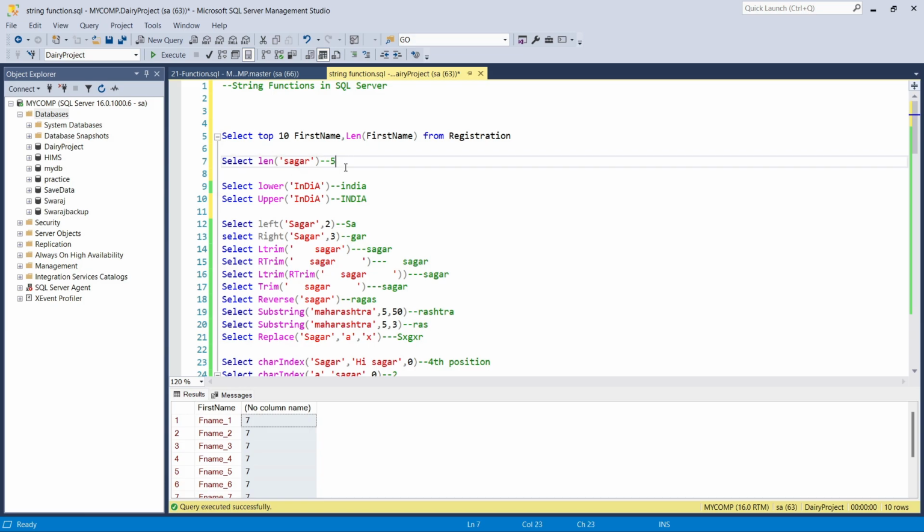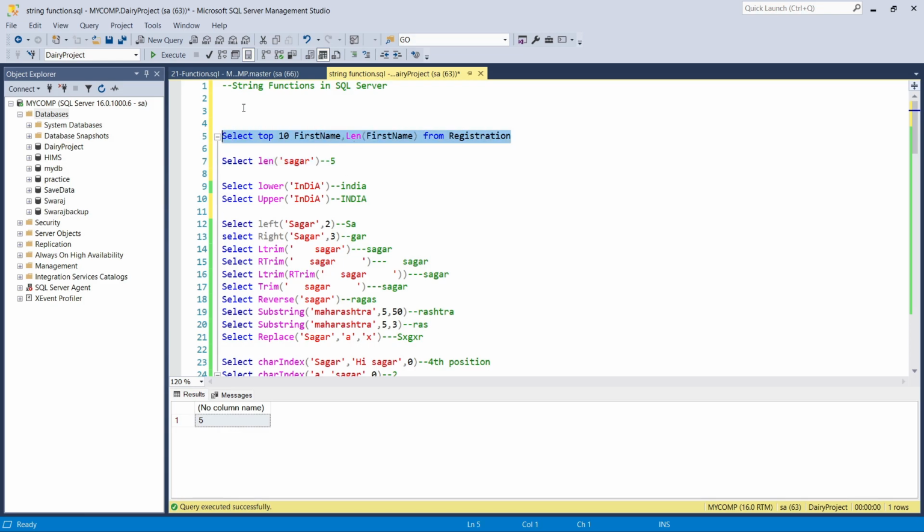There is a length function, which we use to calculate the length of a particular string. If we use the length function on Sagar, we get 5. If we use it in a result set, I am picking up the top 10 first names from the registration table and calculating the length of that particular column. So we will get that correct. And the second thing,